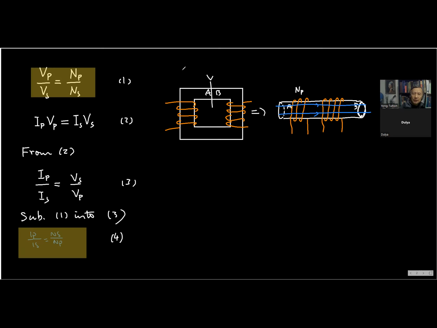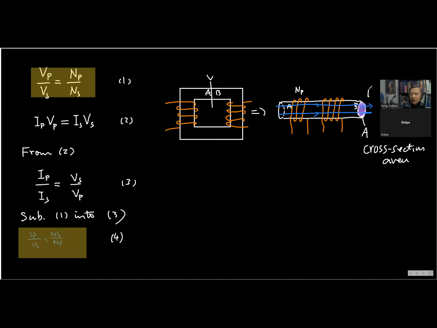This crossing area, can we call it A? Can you see? This crossing area is A. So the blue color represents the magnetic field, and let's write down, this is A. This cross section area, in this case, is perpendicular to the field. Do you agree? This magnetic field here.